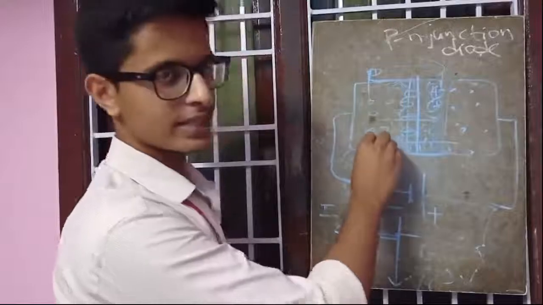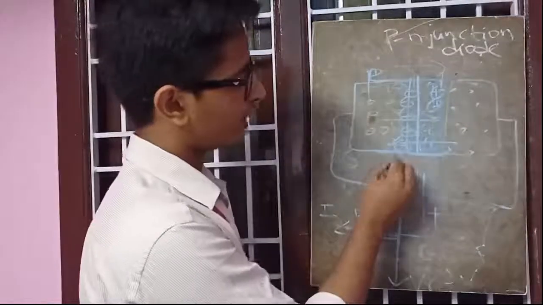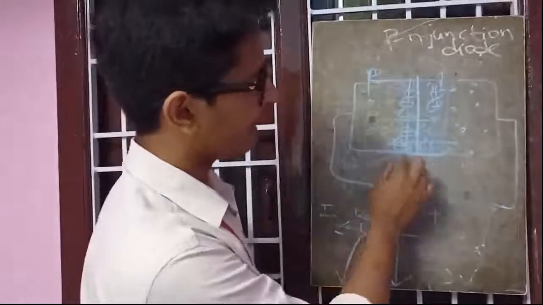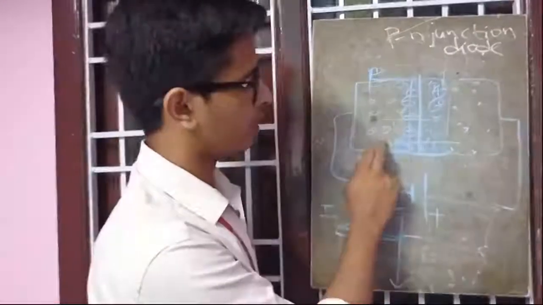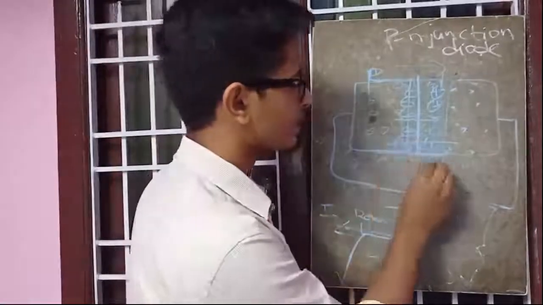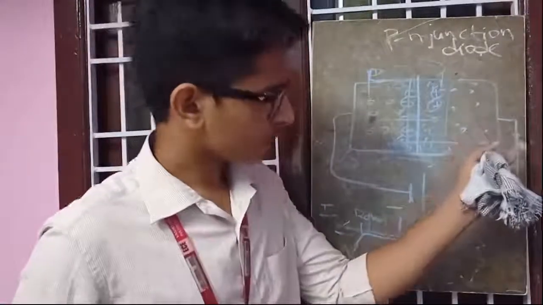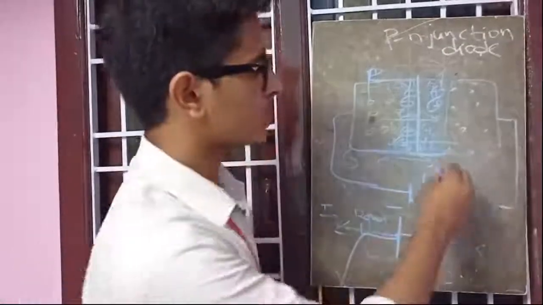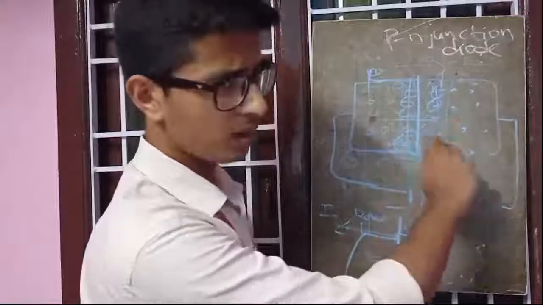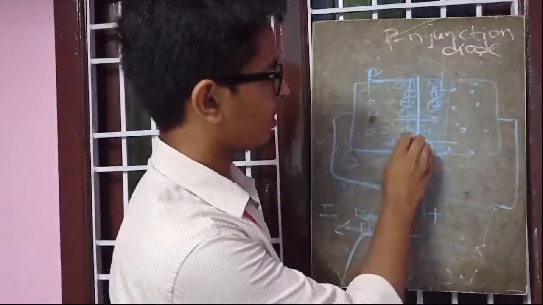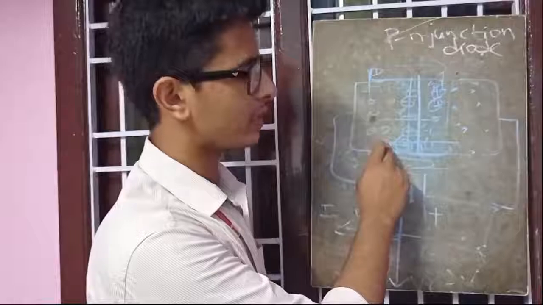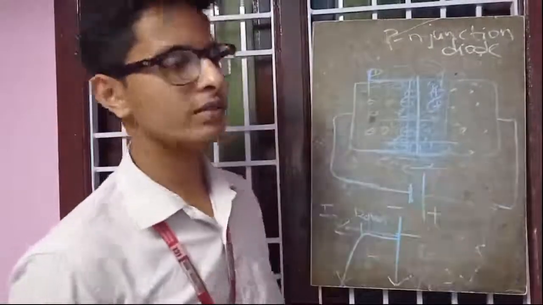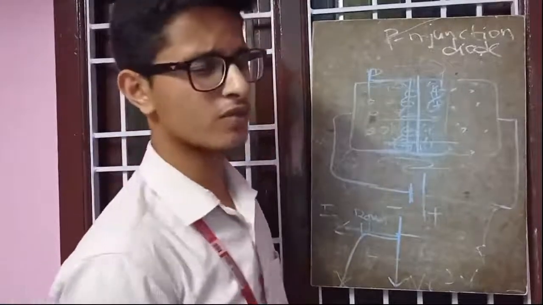The minority carriers in the p side are electrons. The electrons get enough energy at a particular point of reverse voltage. Because of enough kinetic energy, these fast moving electrons from the p side will cross the junction. Similarly, what are the minority carriers of the n side? Holes. These fast moving holes will cross the barrier. When the electrons, the minority carriers of the p side, are fast moving from p side to n side, there is a chance of collision with a silicon atom.